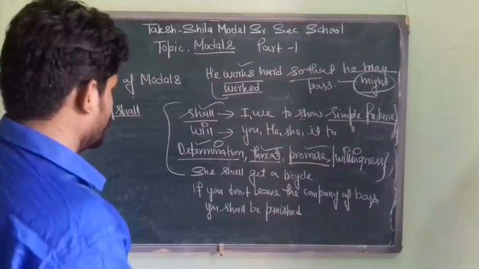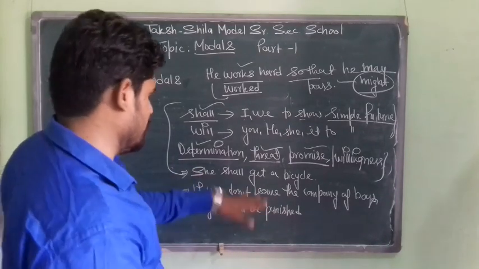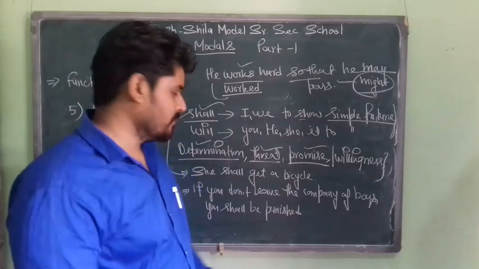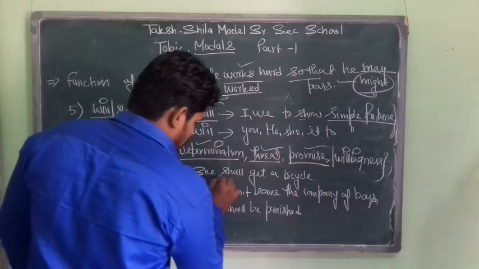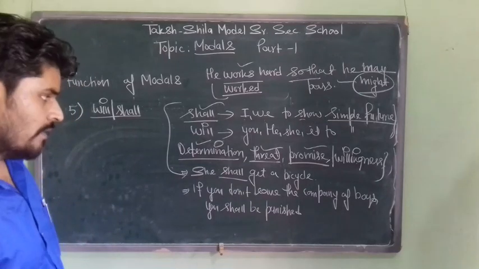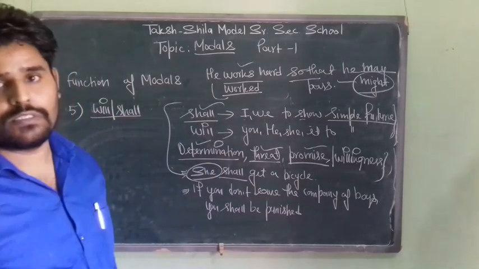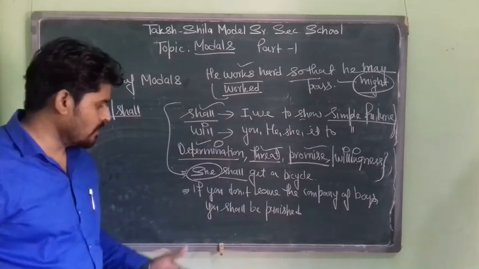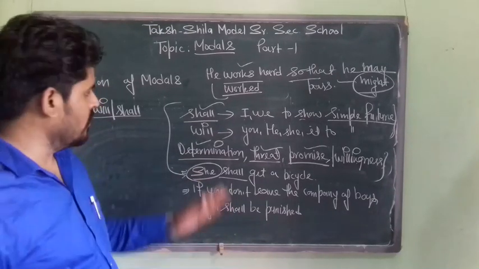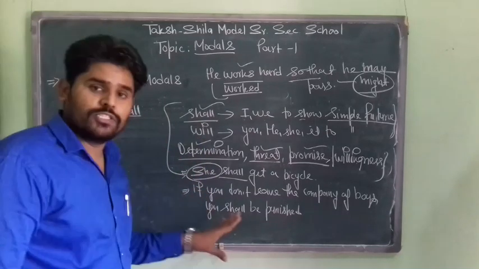So students, here I have written two sentences. Now let us discuss these sentences. She shall get a bicycle. Though it is a very uncommon use of shall, we generally use will with third person pronouns. But here we have used what? Shall. So as in the beginning I told you, when you were about to discuss this will and shall, I